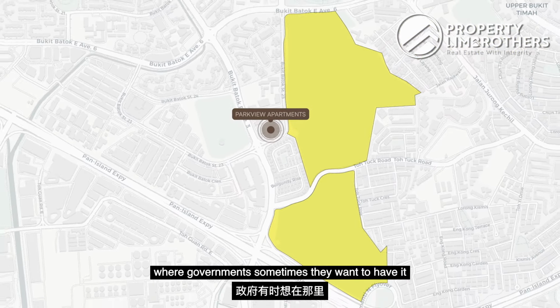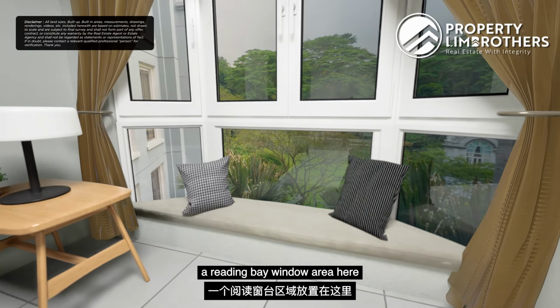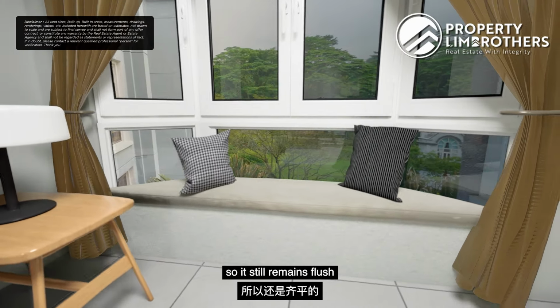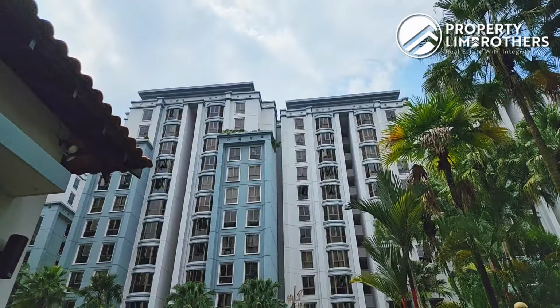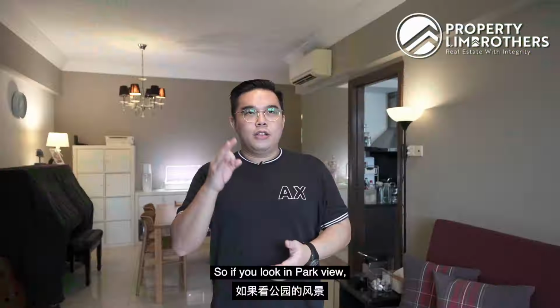So as for a second renovation idea, what you can consider is really putting a reading bay window area here. So it still remains flush because you can utilize this space to have a cushion area and some storages overlooking the nice view. So if you look in Parkview, there are 3 blocks within the development itself, but you